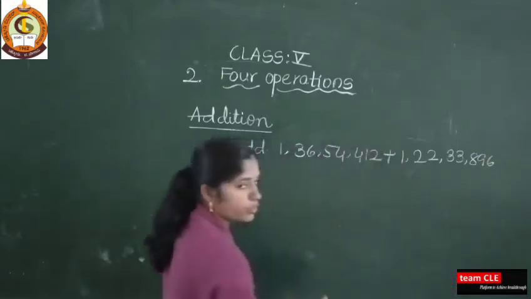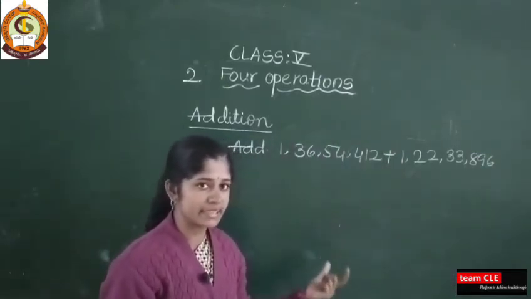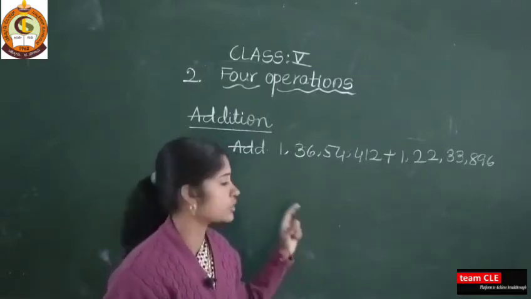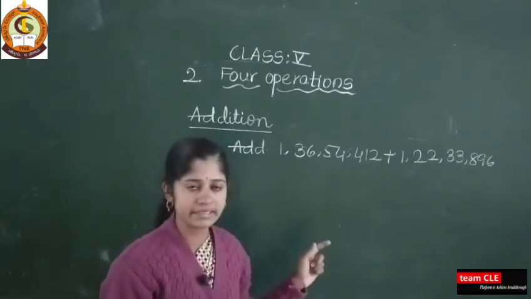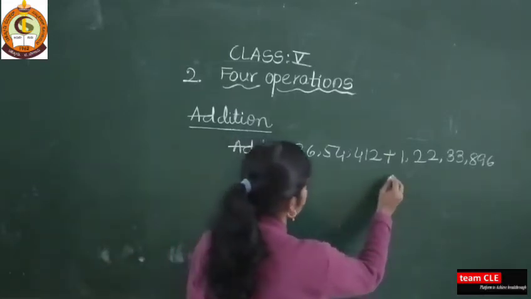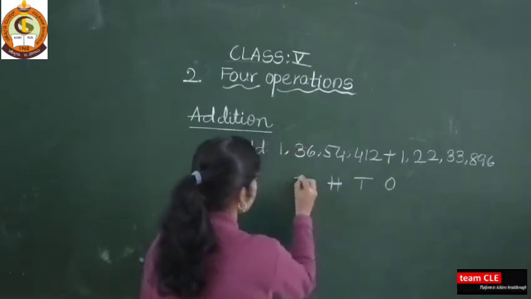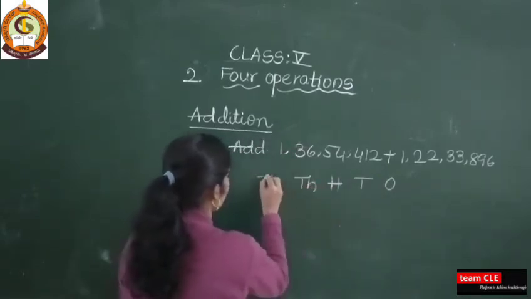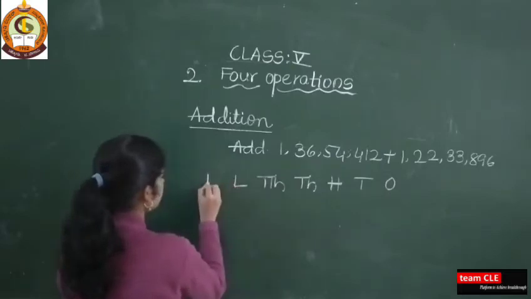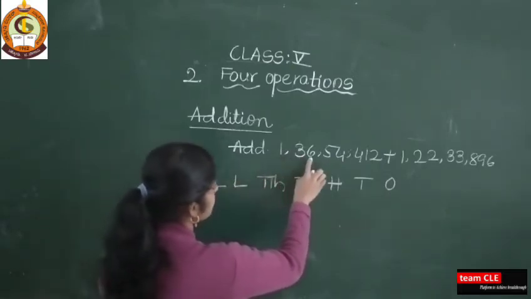Yes, how you added the ones place, means 2-digit, 3-digit, 4-digit, the same procedure you have to follow, but here digits are more. Okay, so here let us write the place value chart: ones, tens, hundreds, thousand, 10,000, lakh, 10 lakh, crore. So read the question: 1 crore 36 lakh